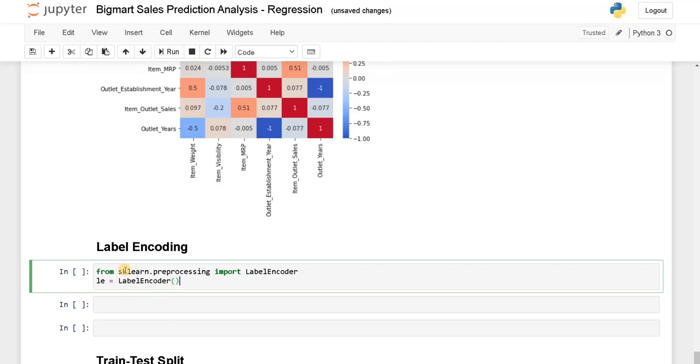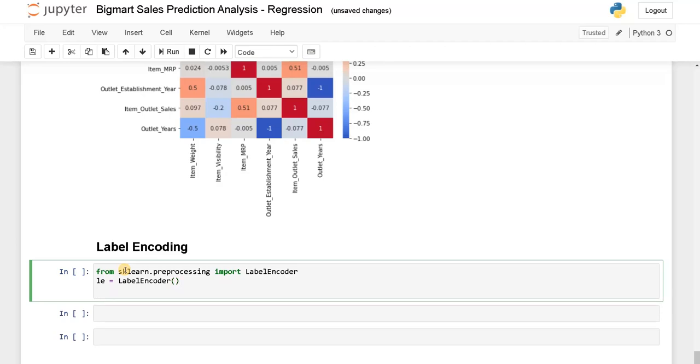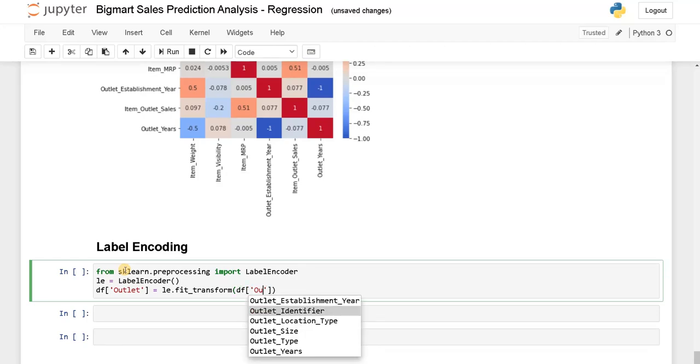First, we will convert the outlet identifier into numerical values, because the prediction may be affected by the specific stores. So we will convert that categorical attribute using the label encoder for model improvement. df of outlet, this is a new variable, equals le dot fit transform of df of outlet identifier.